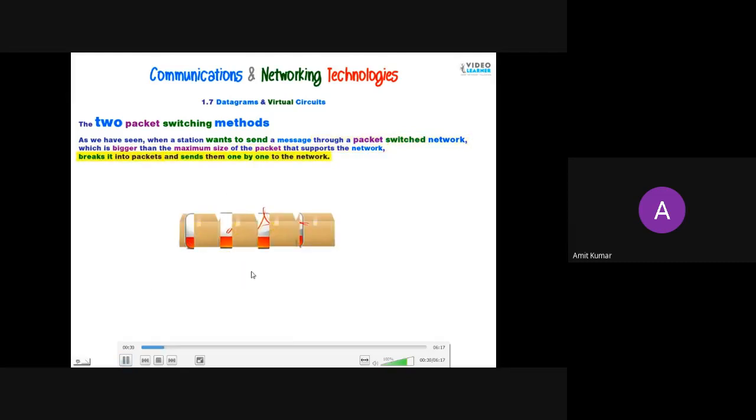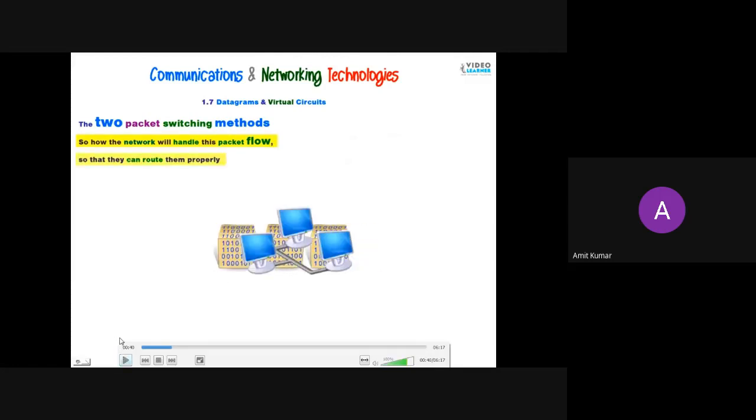So first you need to break the message into small parts. Then you need to add the destination address, and third, you have to send that message through the network. Now the message can flow in the network in different ways. There are two types of flowing of that message, or you can say there are two types of network where the message is flowing.